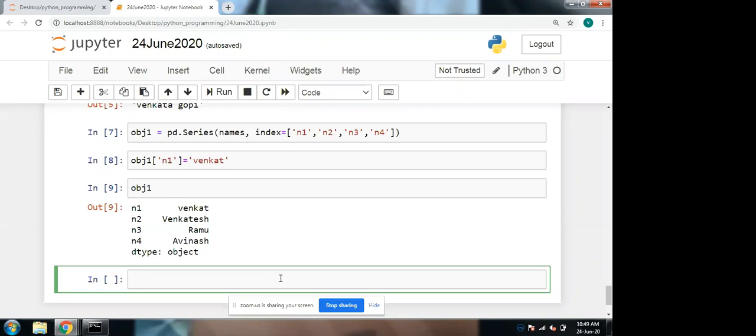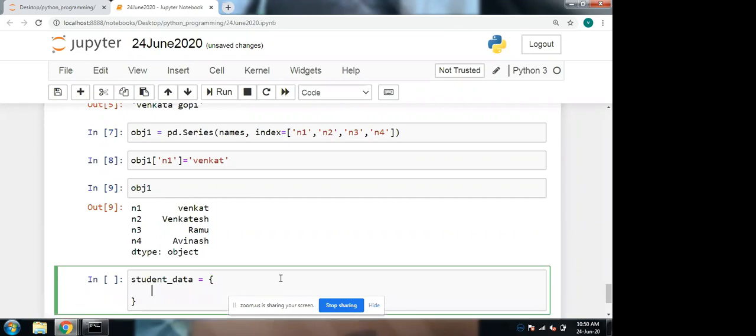Suppose I have student data in a dictionary, and I'm going to create a data frame. A data frame has multiple rows and columns, displayed as tabular data. For creating the data, I'm creating a dictionary here, student data. You all know how to create a dictionary. In student data I'm creating three keys.